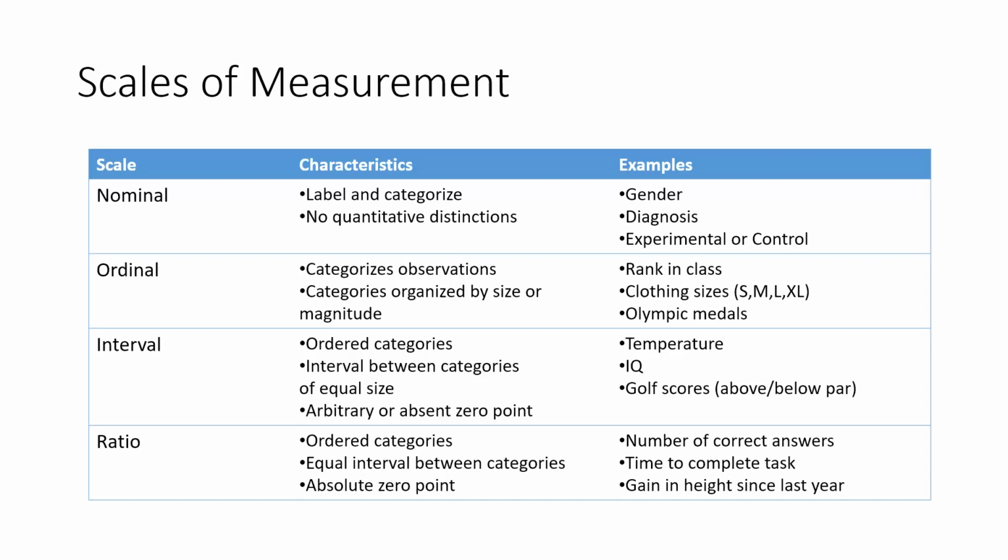IQ has an absent 0 point. I don't know if you know this. We'll talk about this several times throughout the course, but IQ scores have an average of 100. Most people score somewhere around 100. Some a little lower, some a little higher, but it's impossible to get an IQ of 0. Nobody can. Nobody does. In fact, the lowest score that you can expect to get on an IQ test and have it be a trustworthy result is about